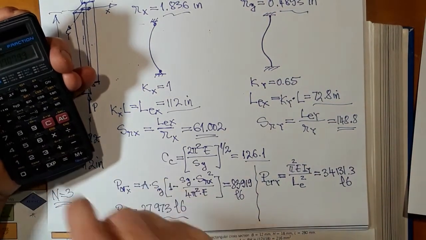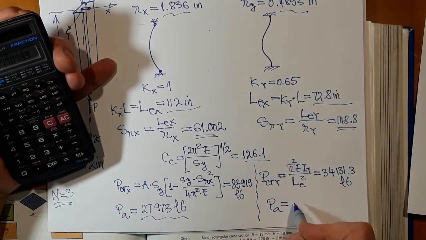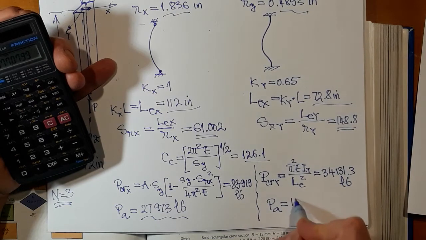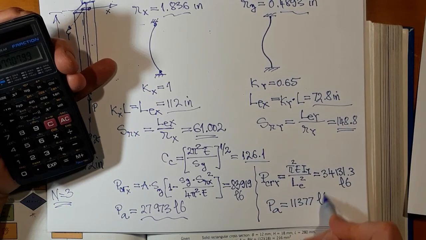If I divide this by 3, I get the admissible load. It's 11,377 pounds,